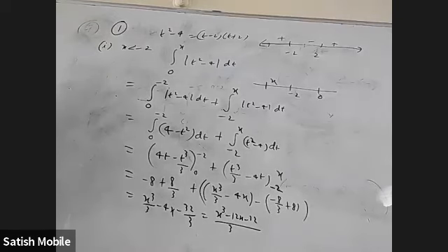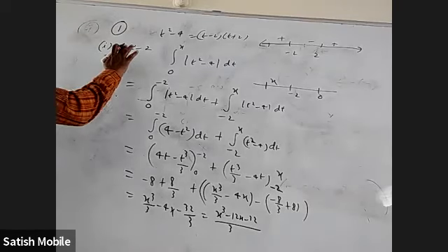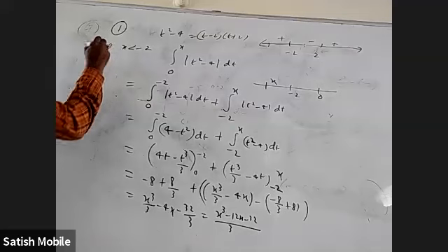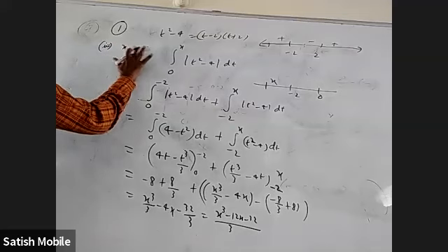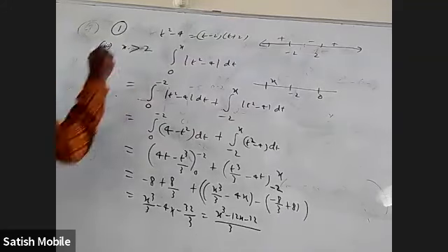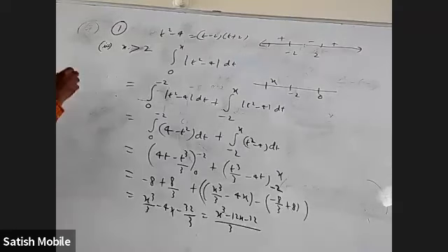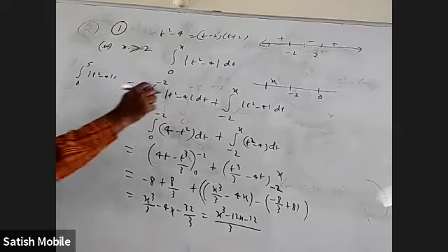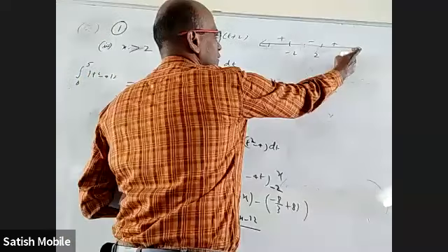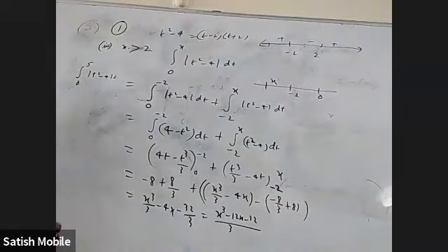Okay, I'm going to erase. And I'm going to take case 3. Case 2 I'll do a little later. x greater than 2. When x is more than 2, imagine I want to do like 0 to 5 of mod t square minus 4 dt. When I go from 0 to 5, at 2 there is a sign change, so I have to break there.